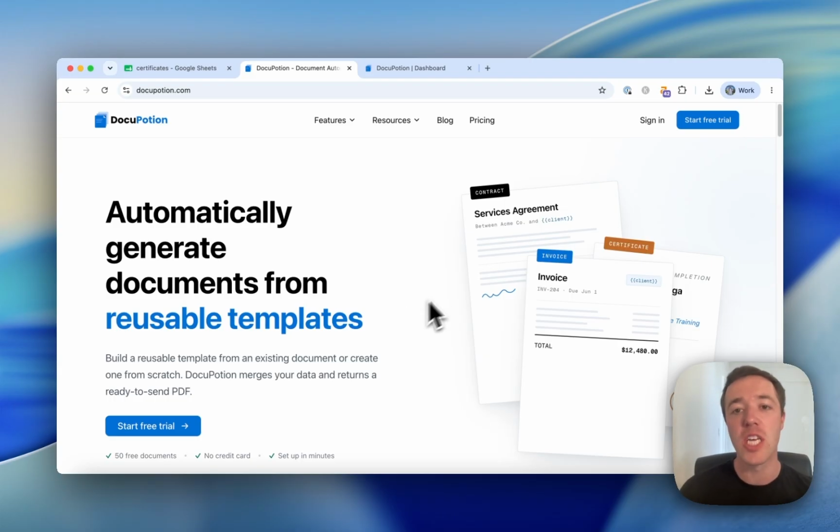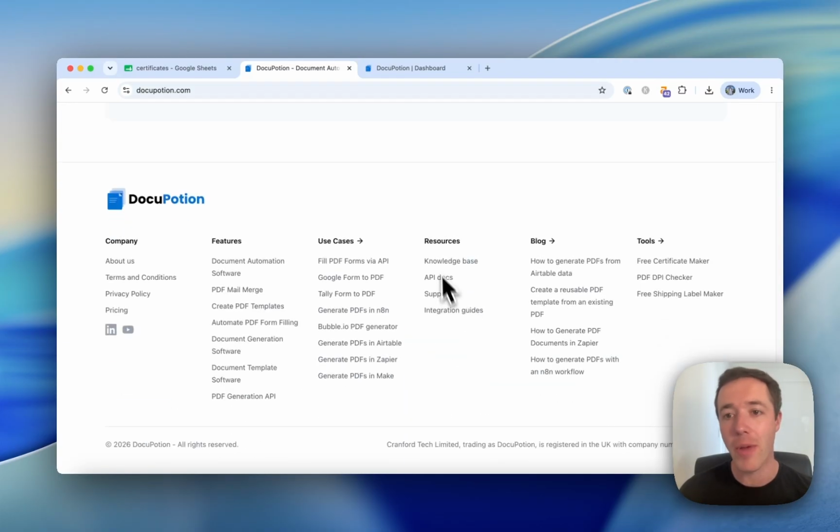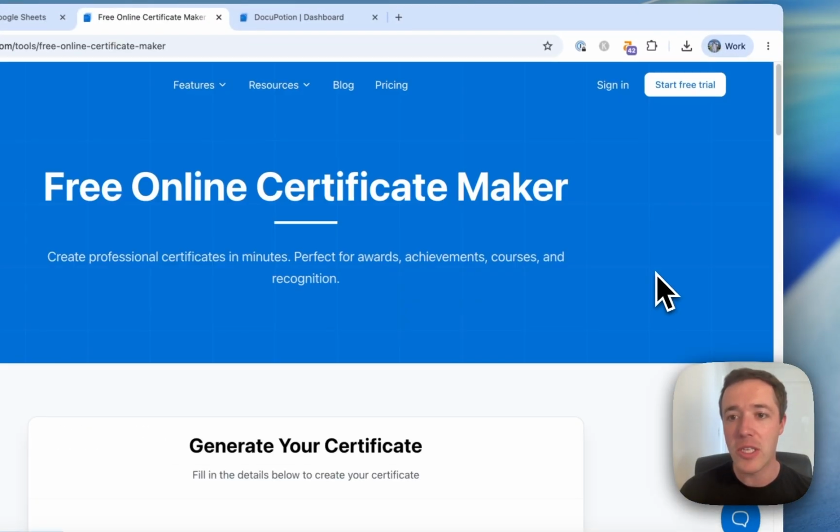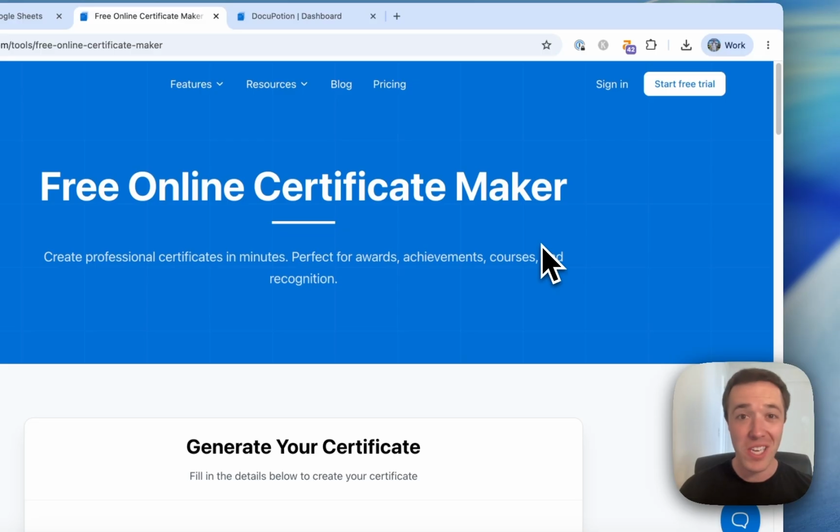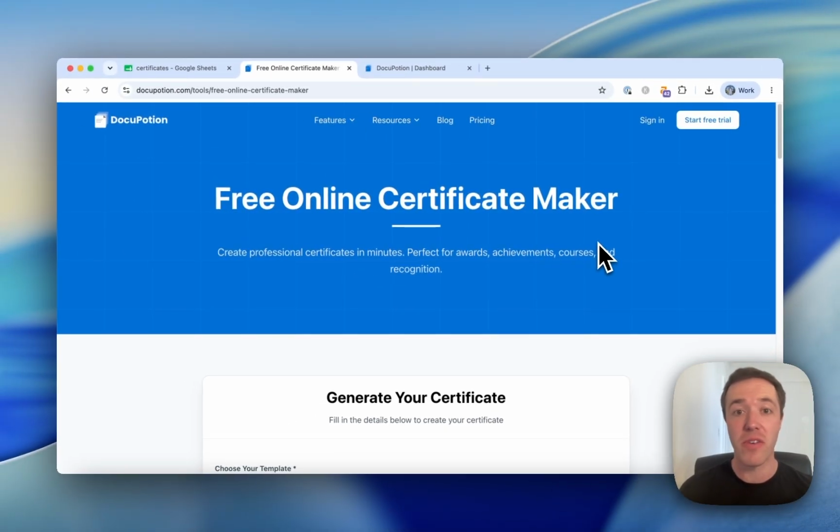But one thing I would say is before you even get into free trial or paid plans, take a look at our free certificate maker tool. If you only need to generate a few PDFs of certificates, then this might be enough for you. You can generate up to 10 free PDFs per 24 hours. So start off by checking that out. But if you know you want to bulk generate from a spreadsheet specifically, then stay tuned because that's what we're